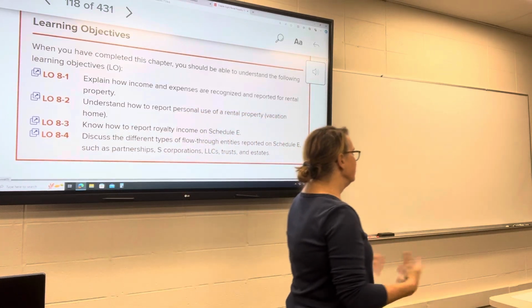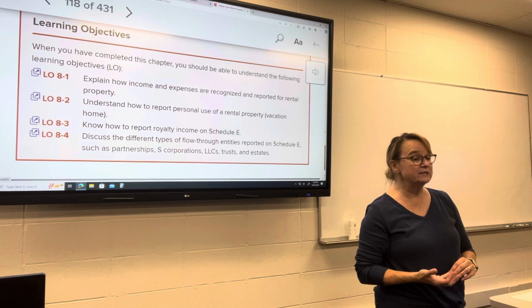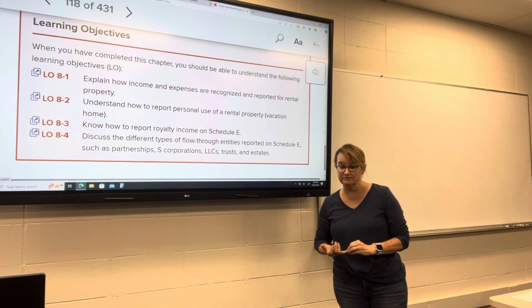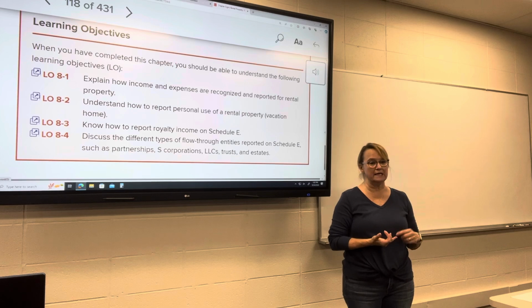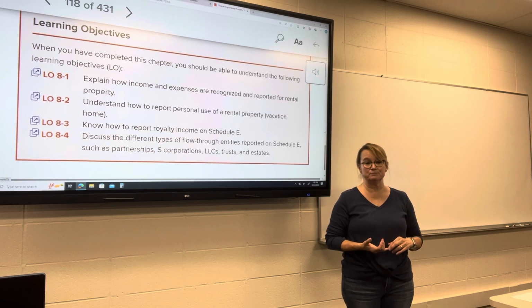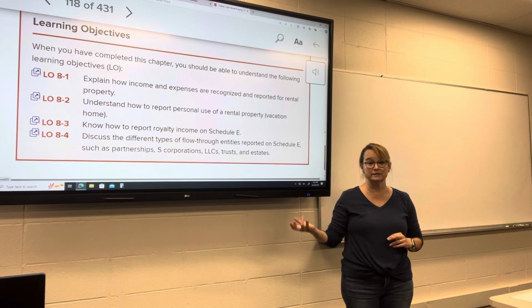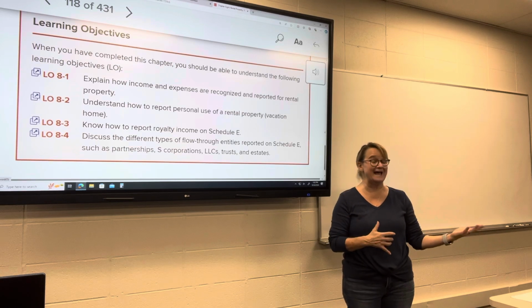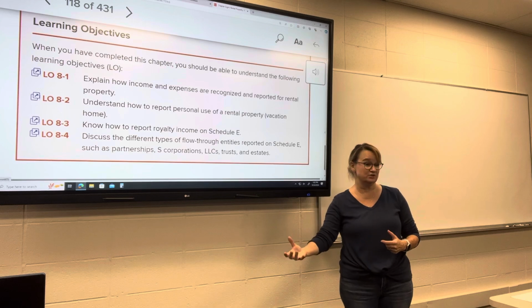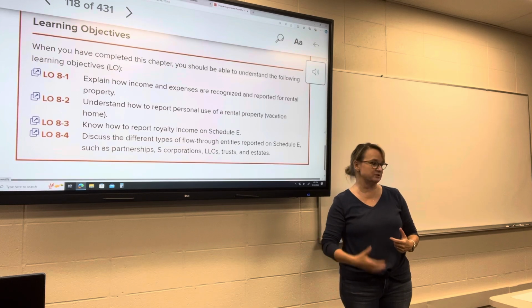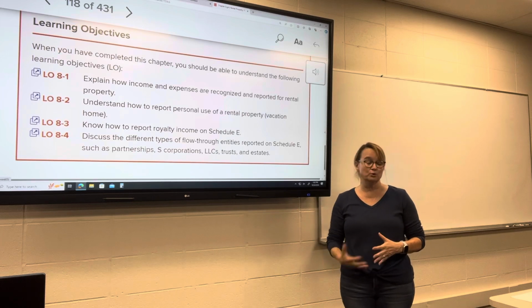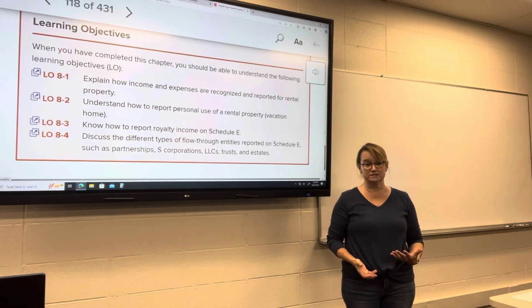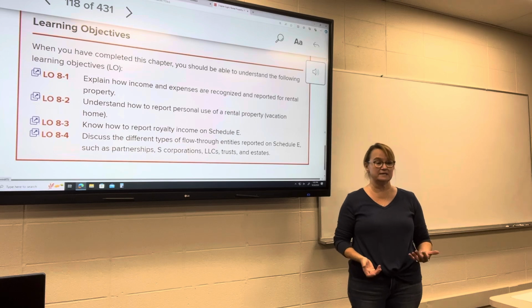So rental income is usually considered to be a passive activity. If you're a real estate professional, that would be one exception, where rental income is considered an active activity, and it's going to go on the Schedule C, because then it's subject to self-employment tax and all of that good stuff. When it's on Schedule E though, it's not subject to self-employment tax,